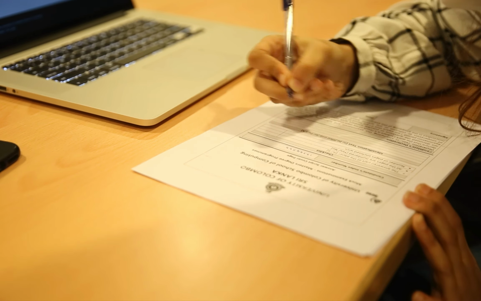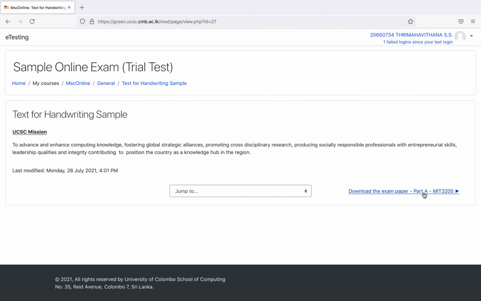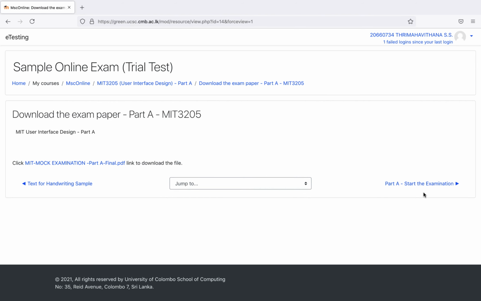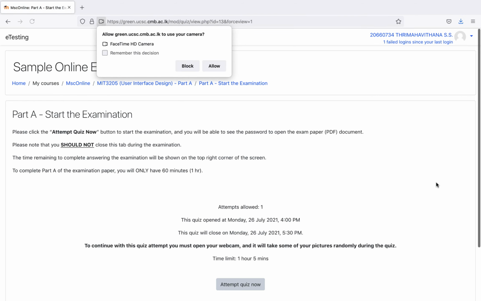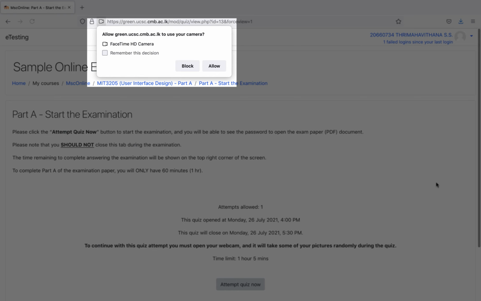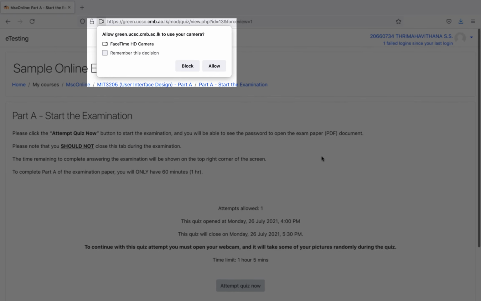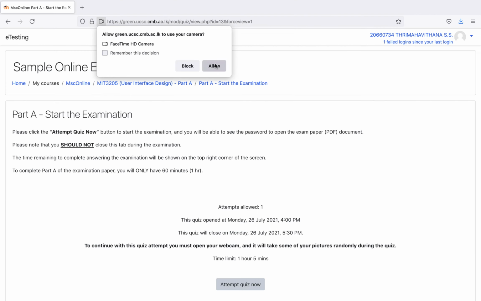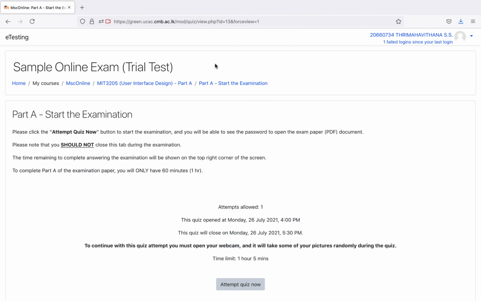Thereafter, you have to download the paper using the provided link and keep it aside as it is password protected. Then the candidate should click on the Start the Examination link. You must allow access to camera and microphone on the laptop or desktop machine when prompted by the proctoring software